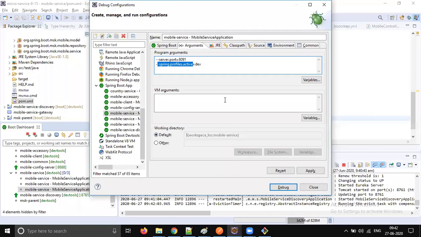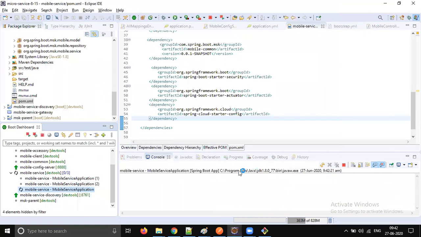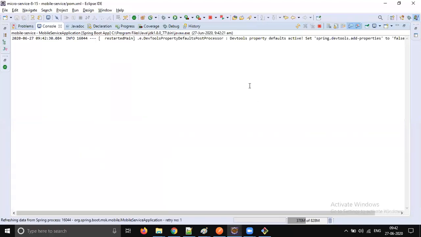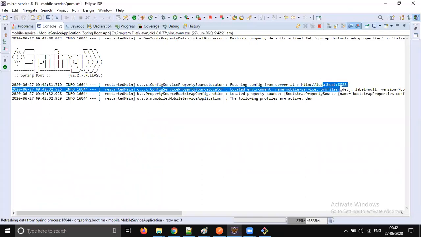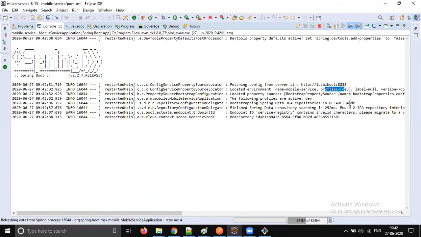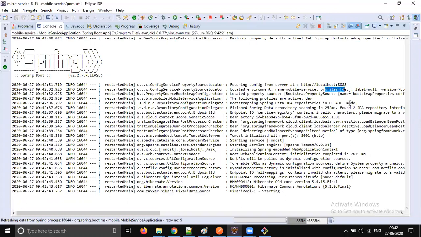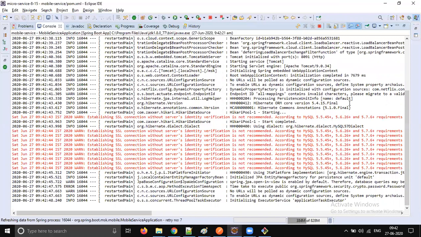So yes, we configured the profile as dev. Apply, close, and start. Now we are going to start our mobile service with the dev profile, right? You see that mobile properties dev is going to be loaded. Focus on the console. The first statement is loading configuration from dev 8888, and you see profiles. Last time it was default, now it is dev, right? Now let's see the message to make sure we are properly loading it. So we are properly loading it.